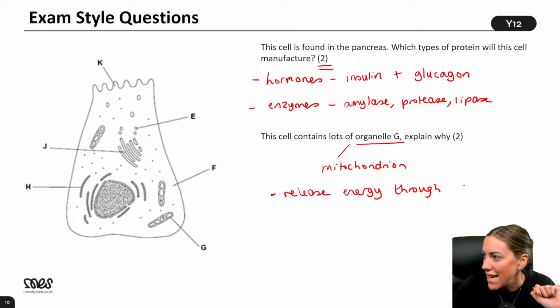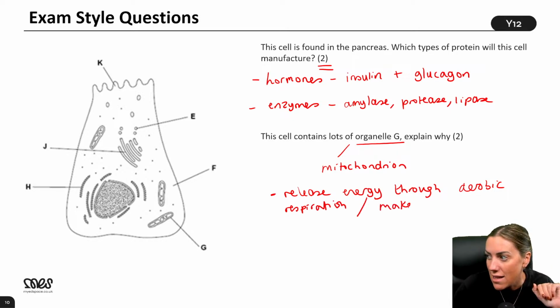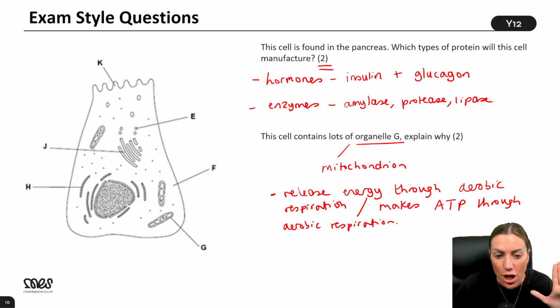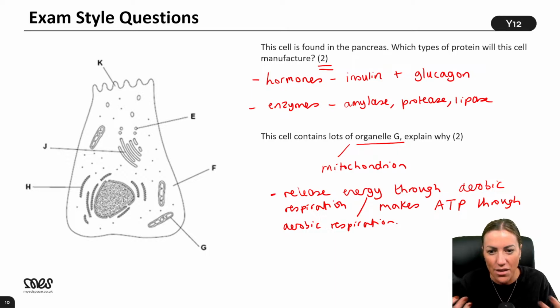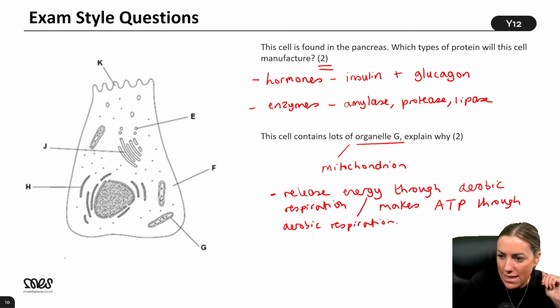Good. Release energy through aerobic respiration. Now, because this is an A-level lesson, if you prefer, you could say mitochondria makes ATP through aerobic respiration. But don't worry if you've not said that yet, because we haven't really learned about ATP yet. But aerobic respiration makes ATP, and then the ATP releases the energy. That's how it works. ATP stands for